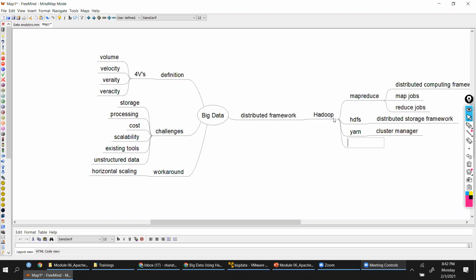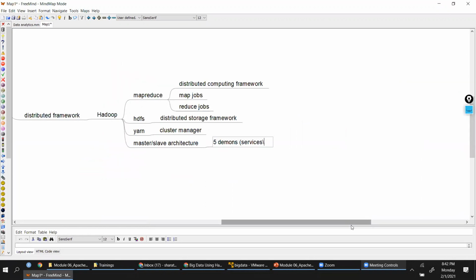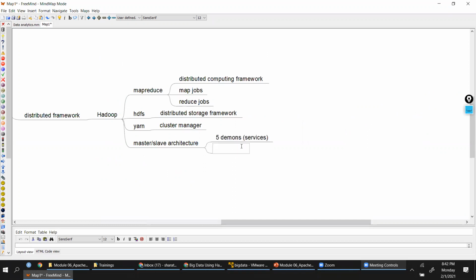Now Hadoop comes with master slave architecture. And this master slave architecture is supported by 5 daemons, or they are also known as services or Java background services. Right? These are Java background services. And these 5 services are name node.